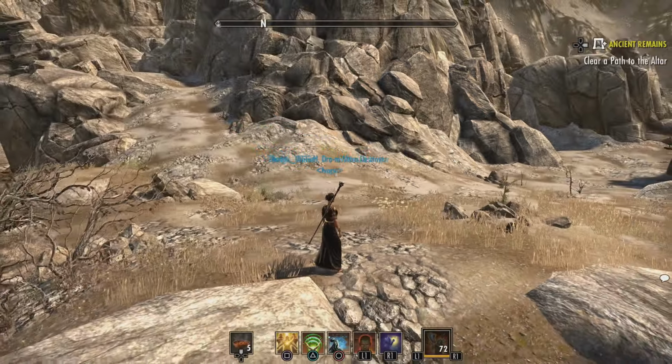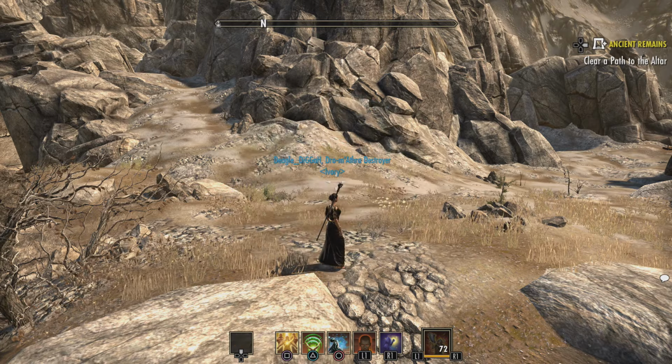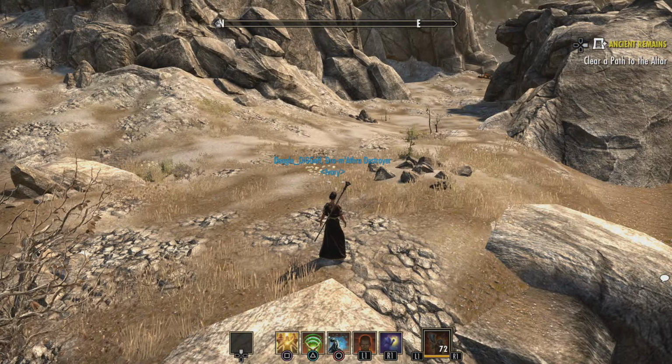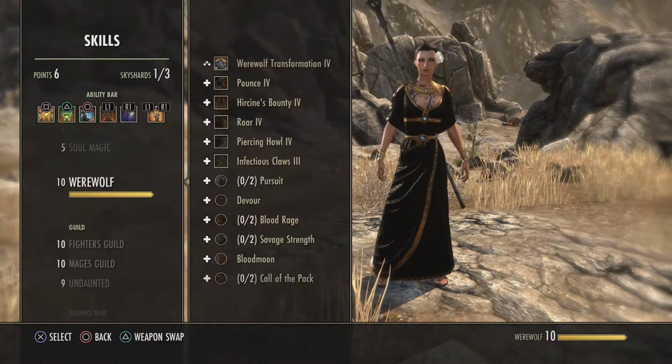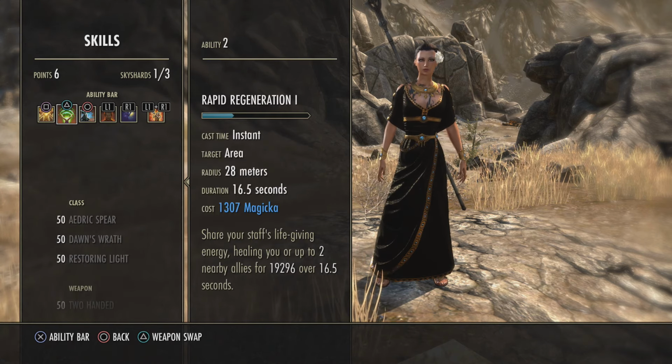So for skills, I want to start with skills right now. As you can see, I do not have the shield on my main bar anymore. However, I slotted Rapid Regen again. The thing is, I talked to a lot of people on PC,